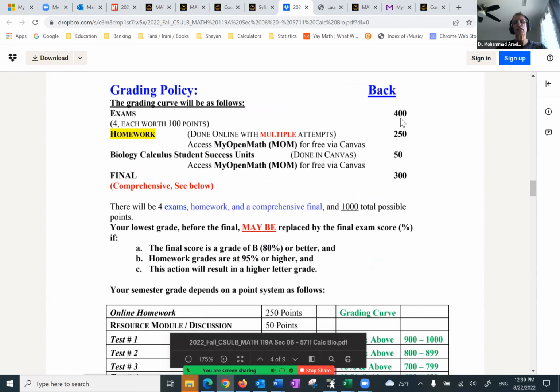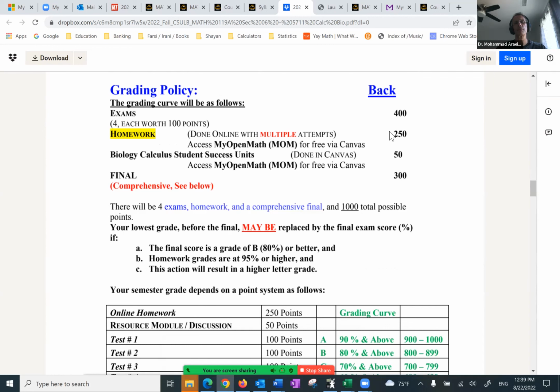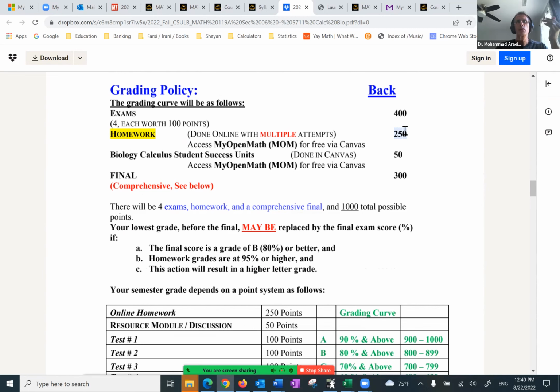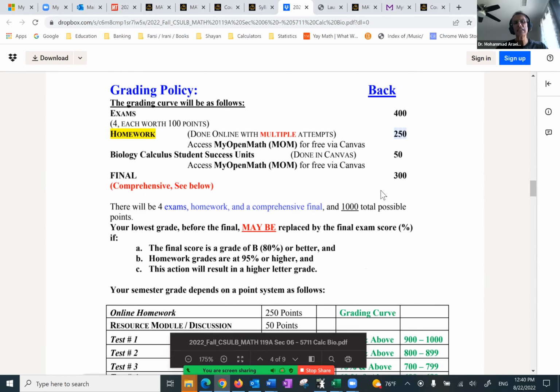We have 4 exams, each one is worth 100 points, 400 points. Homework, 250 points. And as far as the homework is concerned, you can redo the homework as many times as you want. And as long as it's done before the due date, you can get credit for it. So it's easy to get a good grade there.